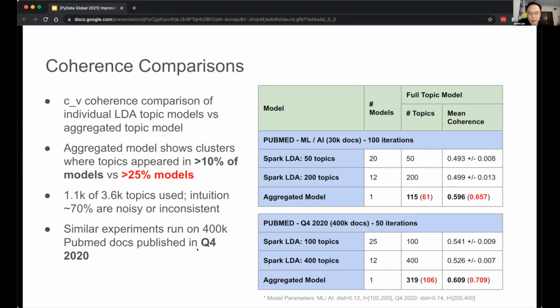In the table on the right, we show on the top the ML AI documents from PubMed and the individual Spark LDA runs, where we are comparing the 50 topic models. We ran 20 models for those, and the mean coherence across those was 0.493. The 200 topic models ran 12 runs of those, and the mean coherence was